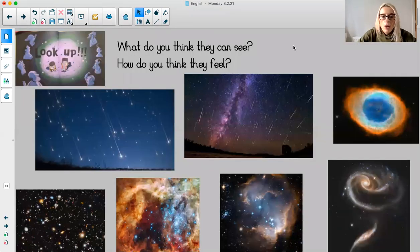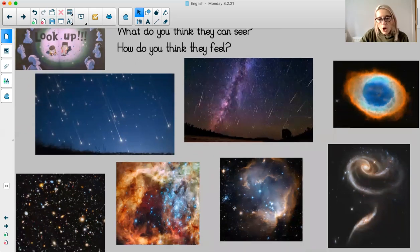Right. So, what do you think they can see? These are some pictures of, well, these top two here, these are actual photos of meteor showers someone's managed to capture. How amazing is that? That's what it looks like during a meteor shower. And then the rest of these pictures on here,